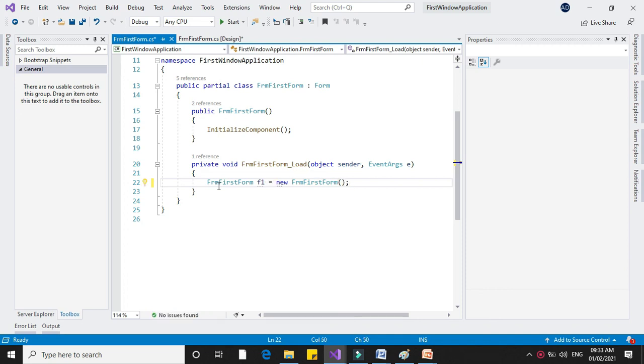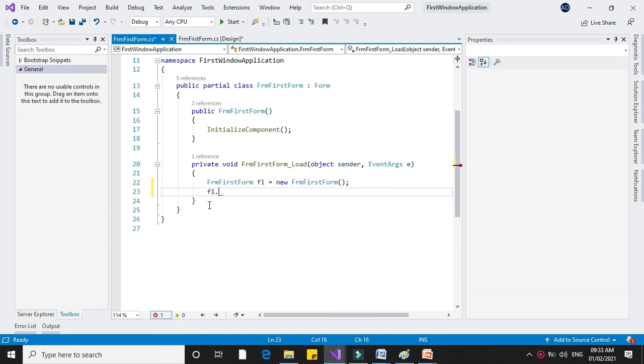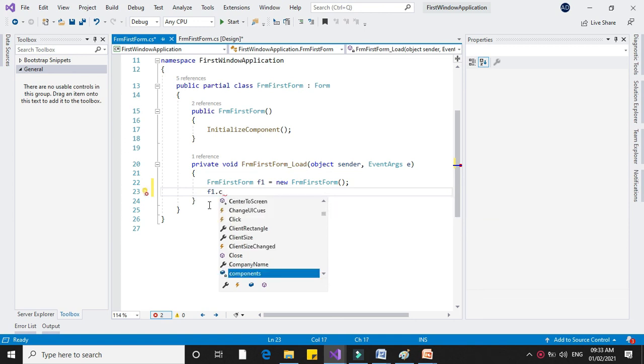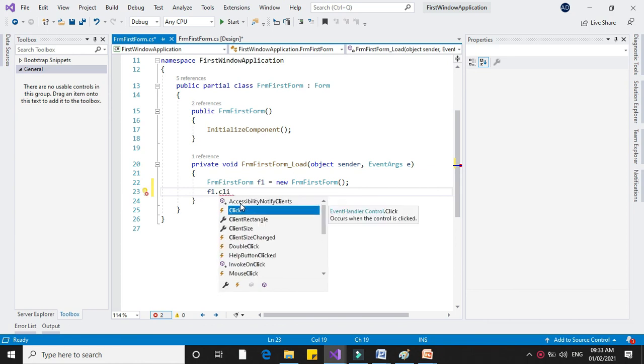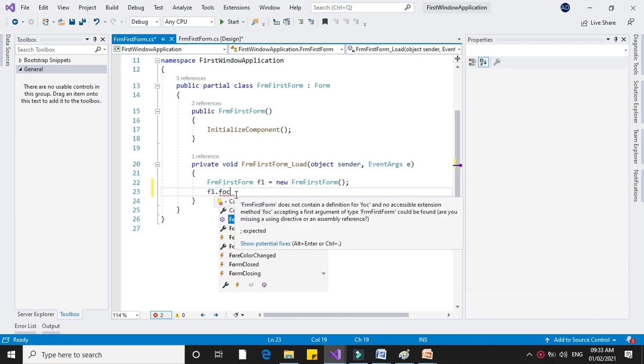As you know, C# is an object oriented programming language. So everything in this language is a class. So if you add the Windows form, that is also a class. So you have to create the object for executing it. And to get any method, use the object of the class with a dot. You will get all the methods that are applicable to this form. So if I type close, it will give the close method. If I type focus, it will give the focus method. All these methods you can get using this object.